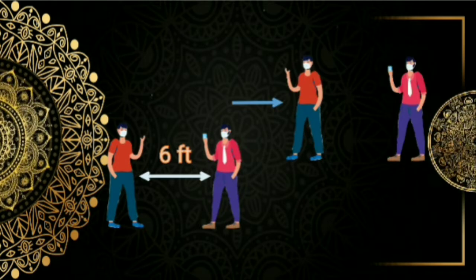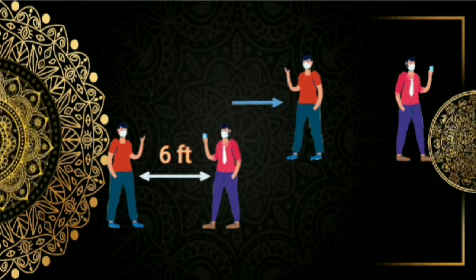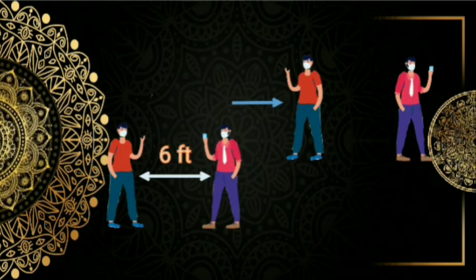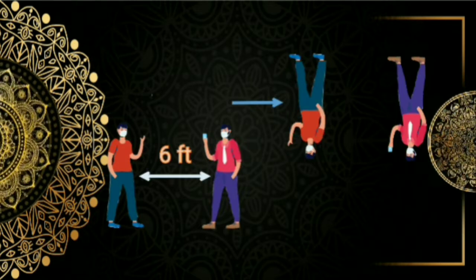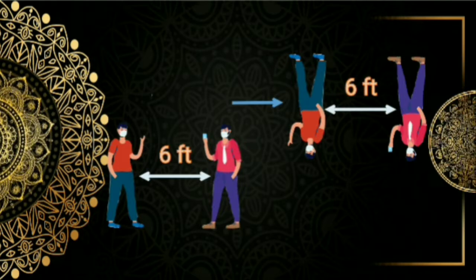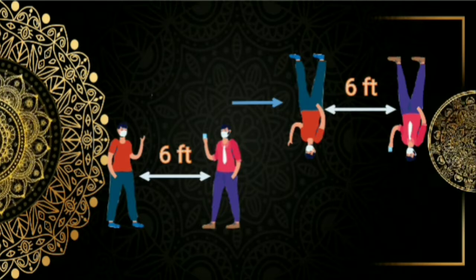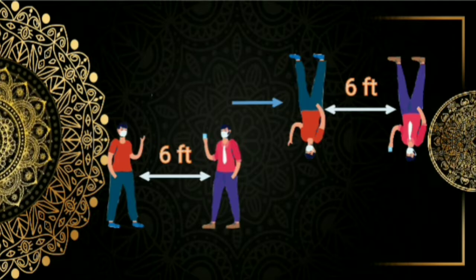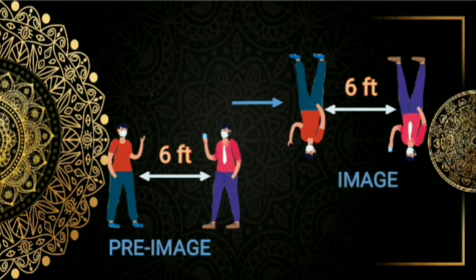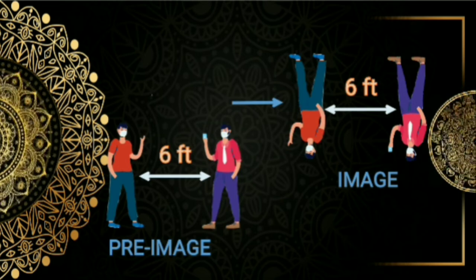Even if there's a change in our orientation or in our location or a change in our reflection, our left hands becoming our right hands, we still have the same distance apart in our images that we had in our pre-images, so that is what is being conveyed right there. So, the distance between you and I in the pre-image has to be the same distance between you and the